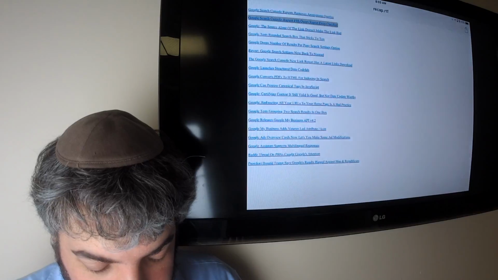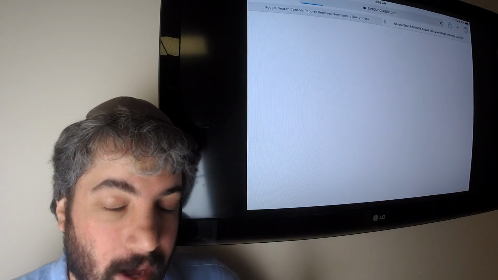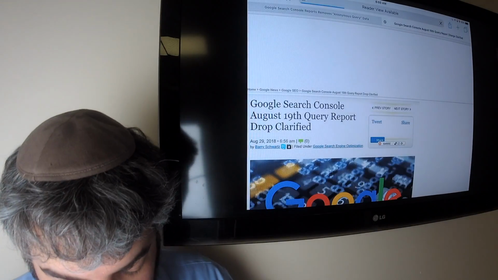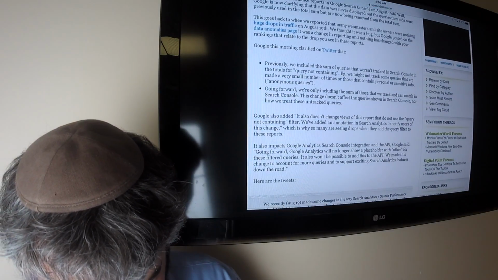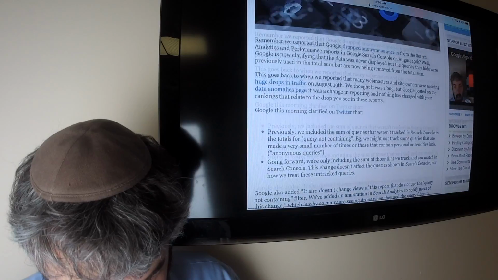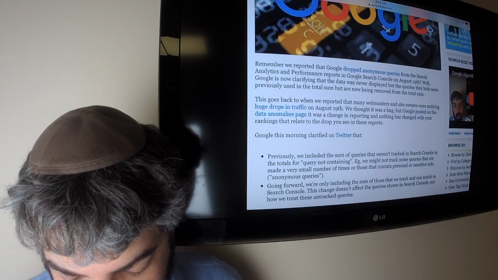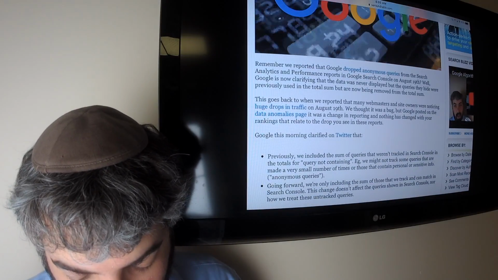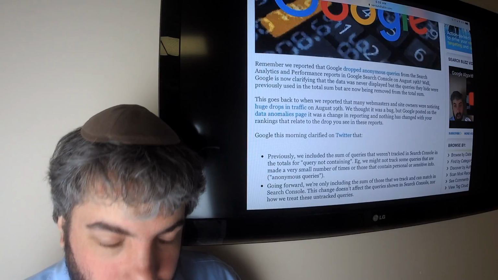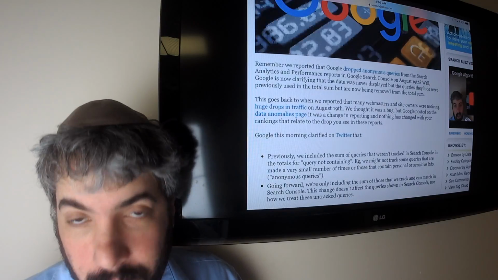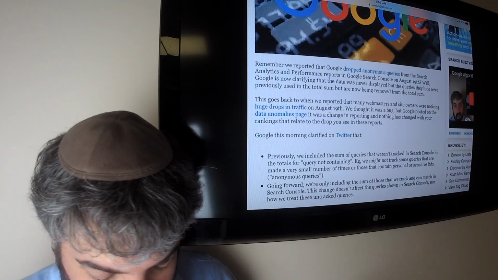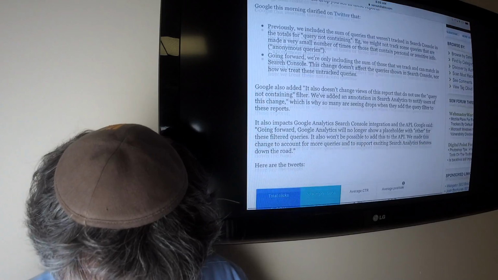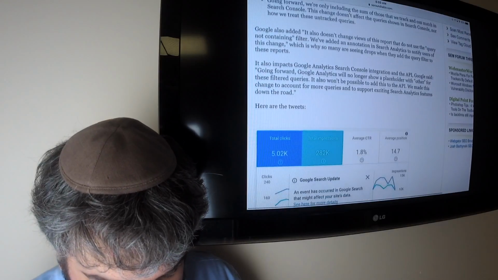And Google went ahead and clarified this because there was a lot of confusion. I was confused by how they worded it as well. Google specifically clarified, they basically said, previously we included the sum of the queries that were not tracked in Google Search Console for the total of queries not containing. And now they're no longer doing that, not in the search performance and search analytics reports on the web, not in the API, and not in many, many places.